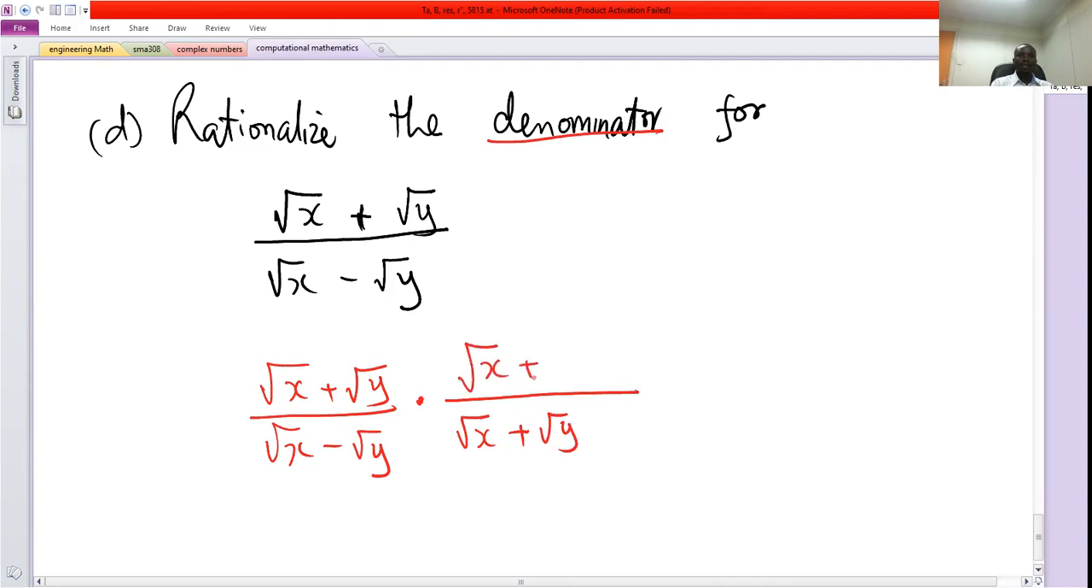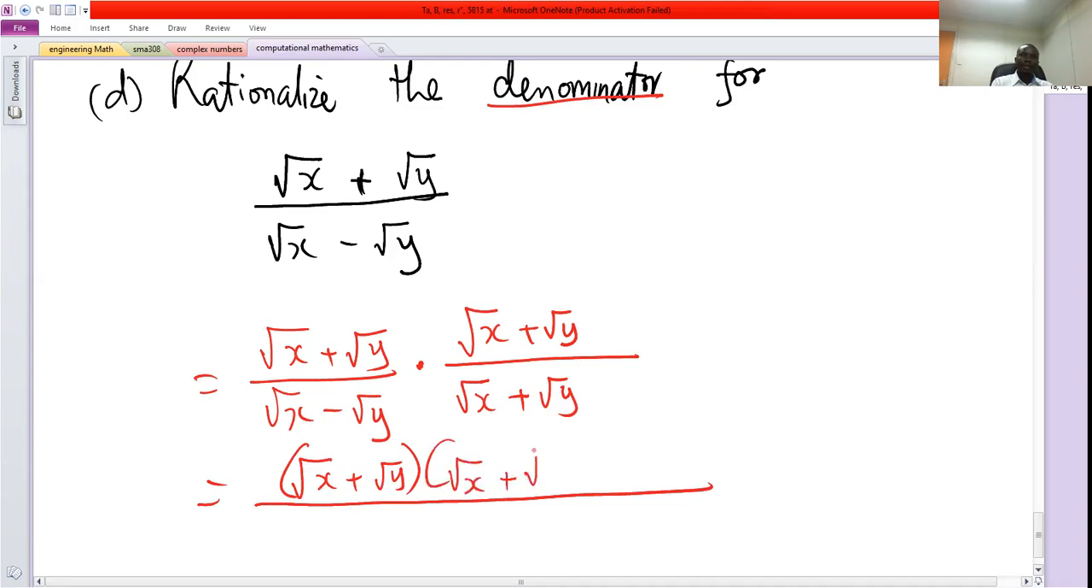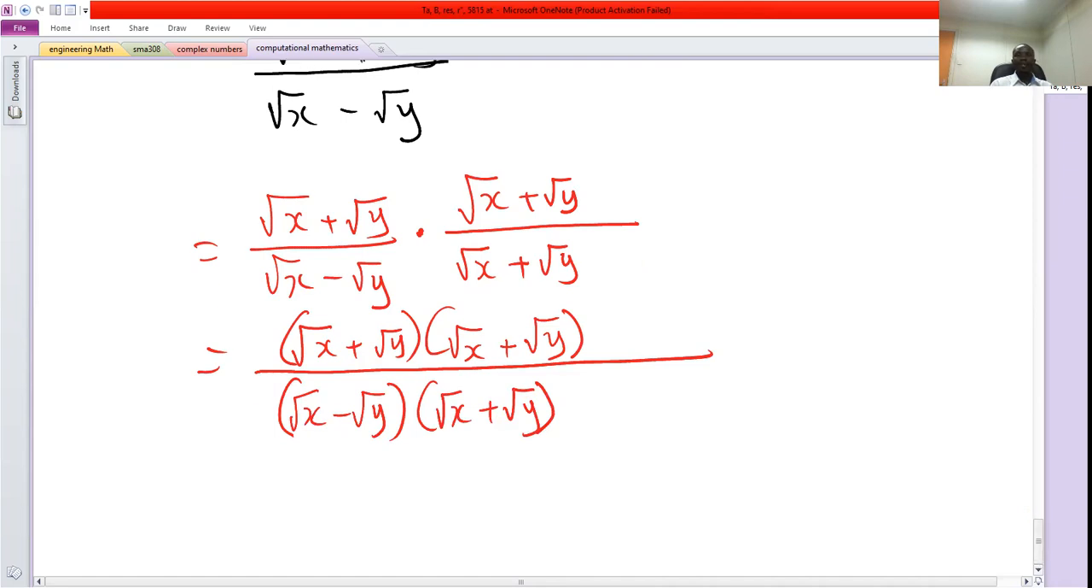So root x plus root y. So that we have now root x plus root y into root x plus root y over root x minus root y into root x plus root y. And then you start the normal multiplication. So root x times root x is square root of x squared,